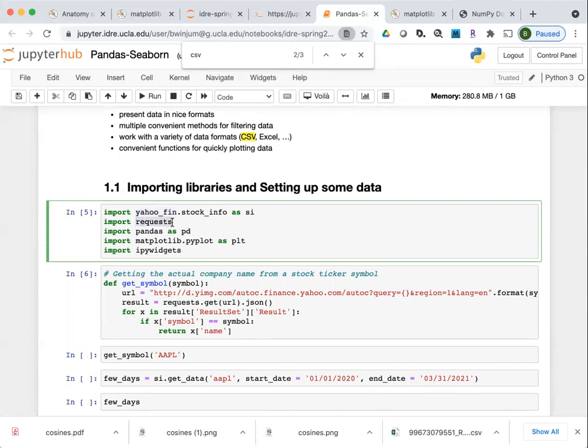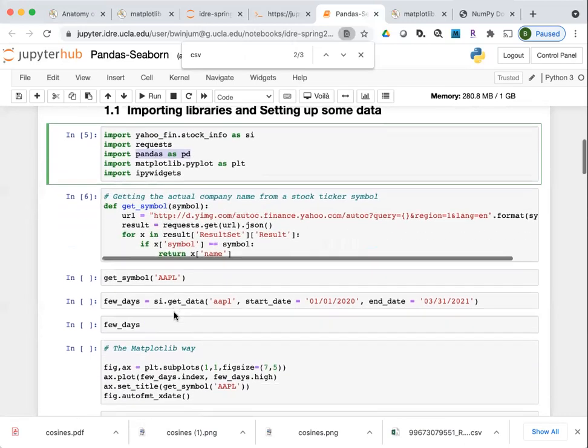Requests gets information from an API, so the data I'm grabbing is from a publicly available API on the Yahoo Finance page. Pandas is often abbreviated as pd. Then I import Matplotlib and ipywidgets, which I'll show at the very end. This is a library for doing interactive graphics.